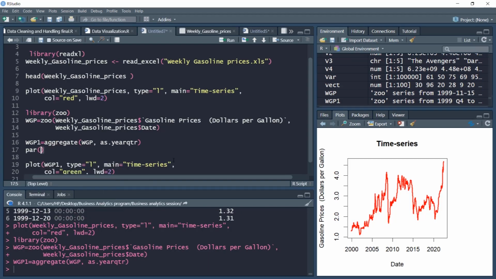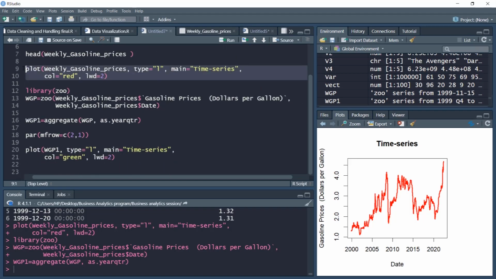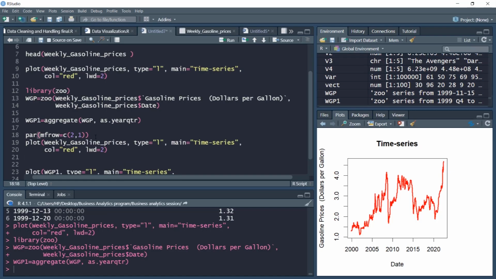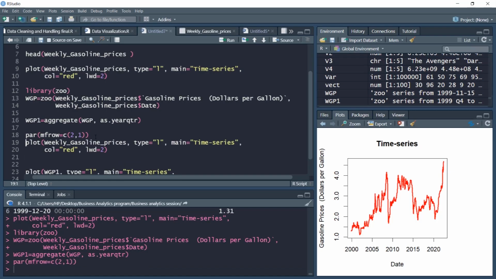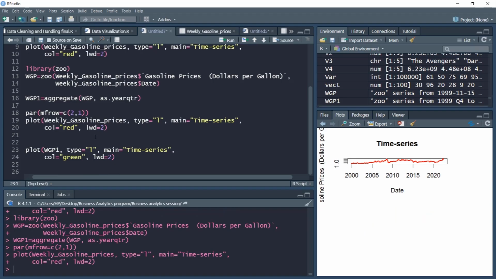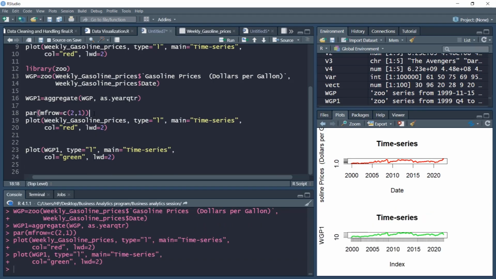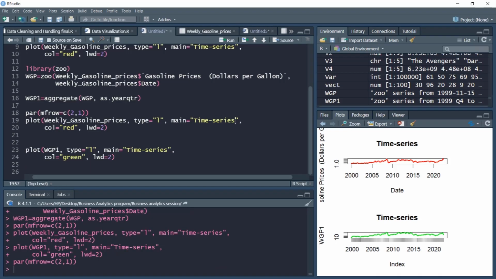Basically I need par mfrow equal to c(2, 1). With this I can plot two plots in the same window. First I'll plot the original plot, which is the weekly series. First I need to run this par mfrow command, then plot the original plot, and then the next plot. Or even better, I'll do something else: I'll take the time series weekly and time series quarterly, and let's plot them now.